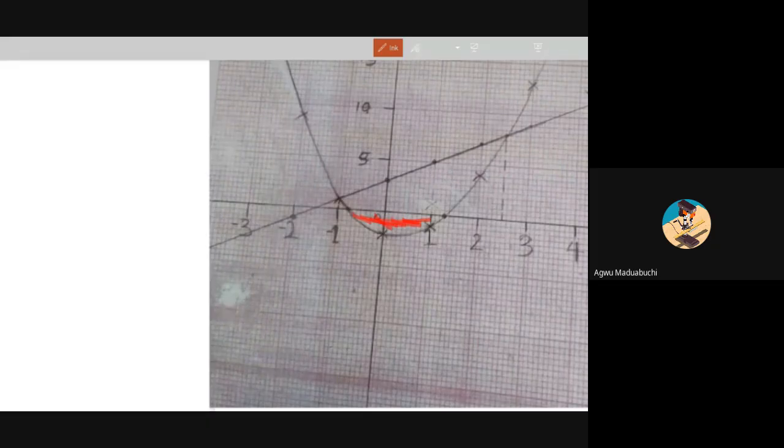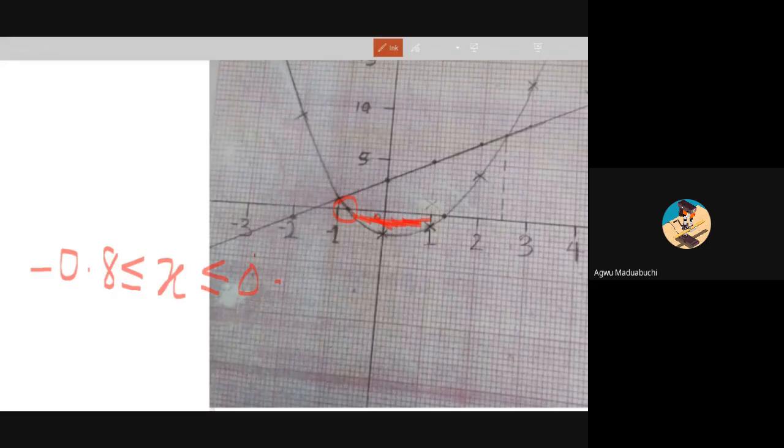Yes, ma'am. Okay. Now, the question is requesting that I write out the range of numbers that is below. So how do you write the range? At this point the value is negative 0.8. So the x value should be bigger than or equal to negative 0.8, but less than